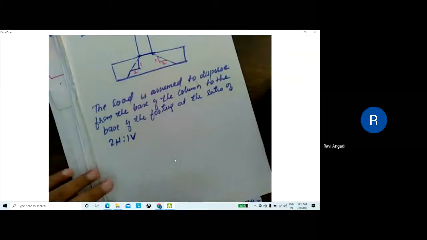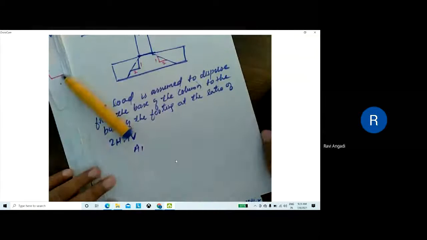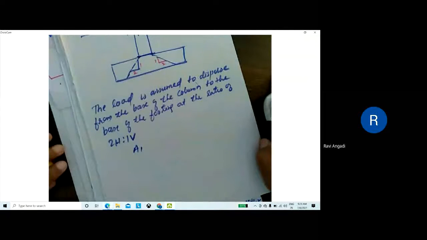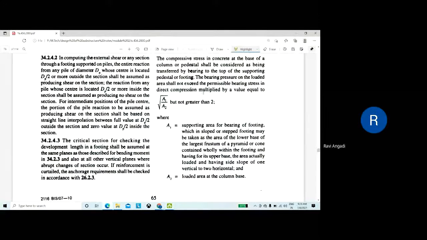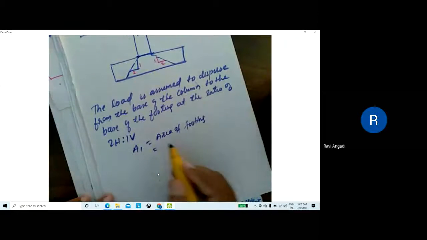Actually, here they have given one ratio, the square root of A1 by A2. A1 is the supporting area for bearing of the footing, and A2 is the loaded area of the column base. Here A1 is the area of footing.